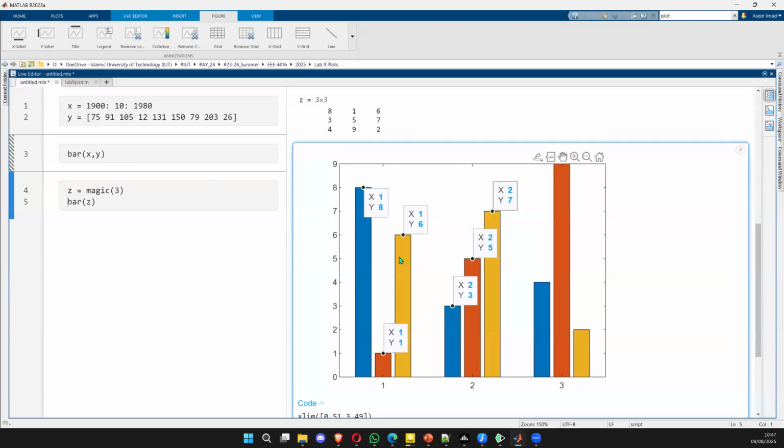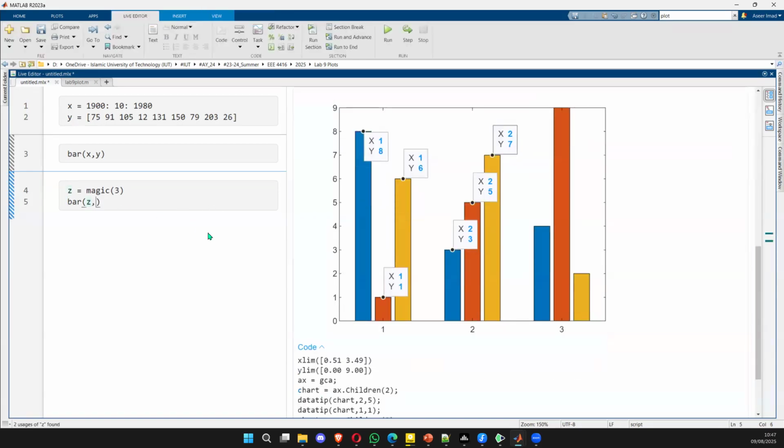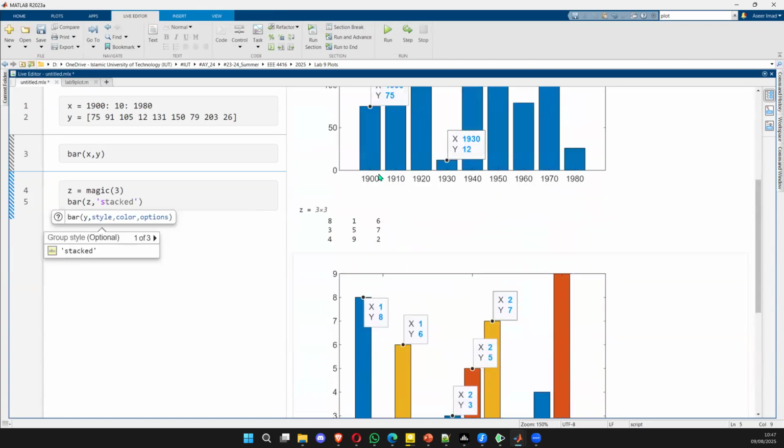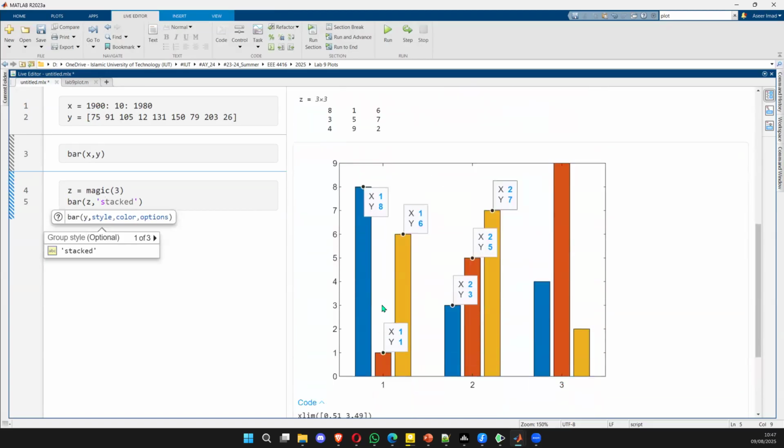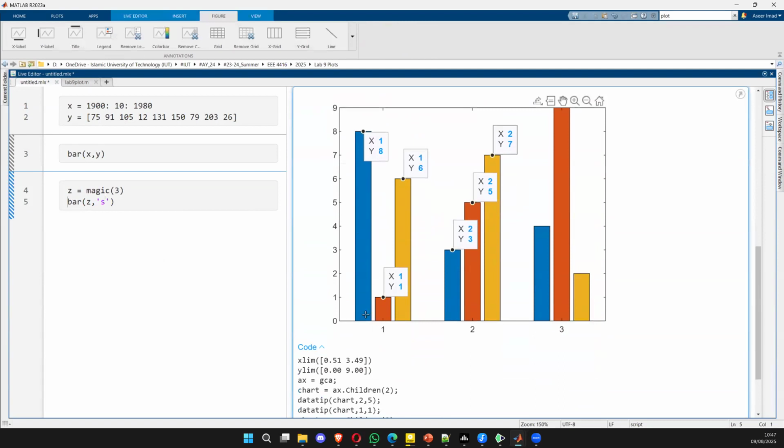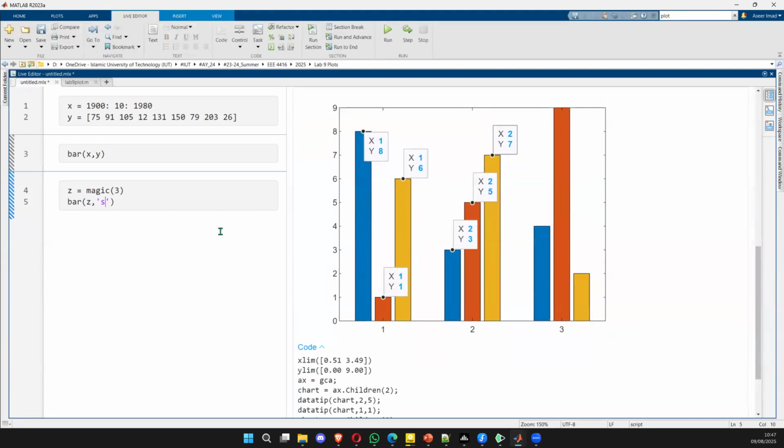Okay. So these are now plotted separately. The first one is plotted here, the second one is plotted here, the third one is plotted here. You can actually plot it one over another. For example, you see these are separately plotted here. The x-axis values 8, 1, 6. The first index, these bar plots are separated here, right? This one is 8, this one is 1, this one is 6. If you write z comma stacked here,